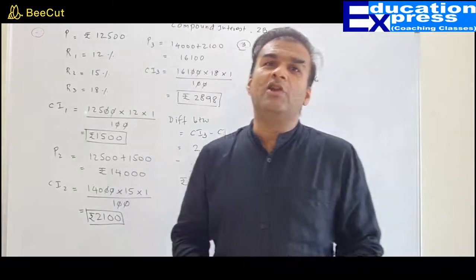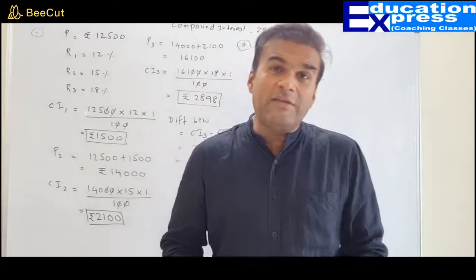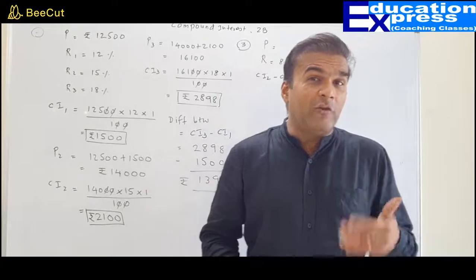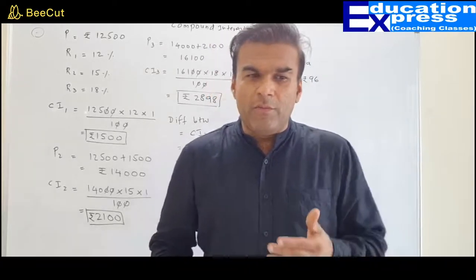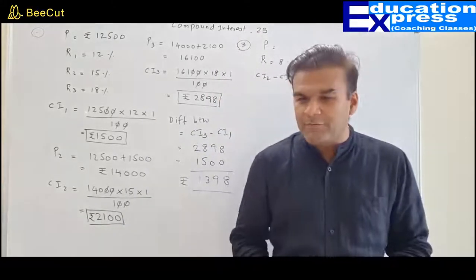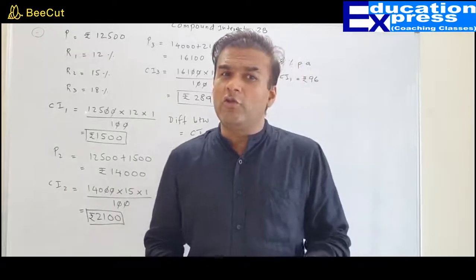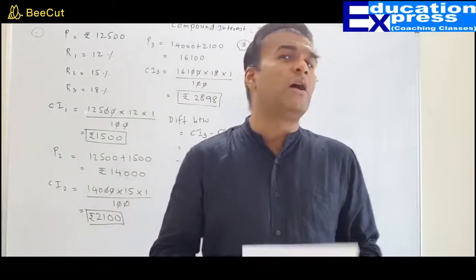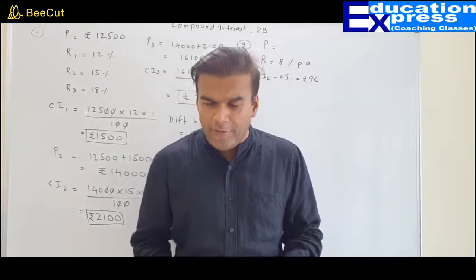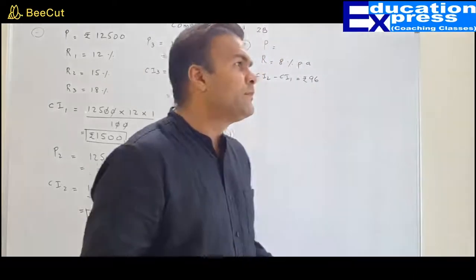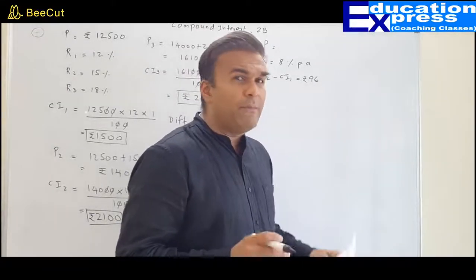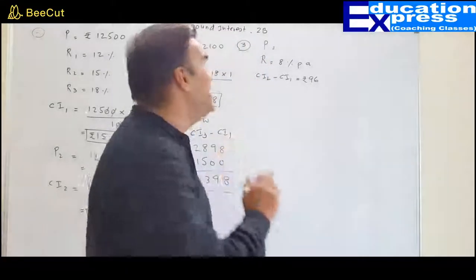Many people said that, sir, I can do the sum by taking X also. Of course, yes, you can take X. What will happen? When we take X, my entire question will run into fractions. Everywhere we'll have to deal with fractions, and finally we will get a linear equation in terms of fractions. So in case there is any error while solving those fractions, unnecessarily we may lose our marks. So the most comfortable and easy way would be to assume either the principal is 100 or 1000. I'm doing this question by assuming principal to be 1000, and I'm very sure that you guys will enjoy it and find it easy as well.